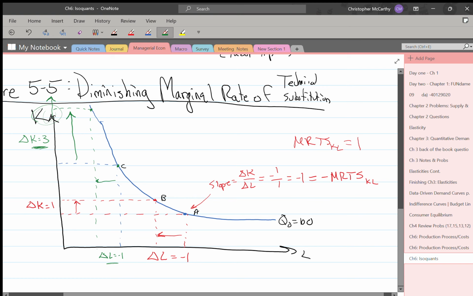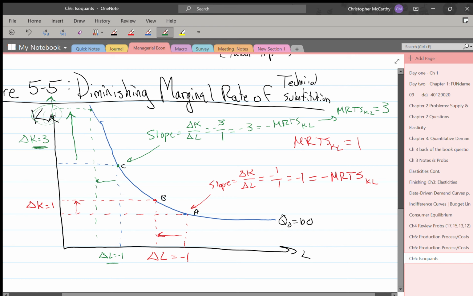And so our slope here, so that means that our marginal rate of technical substitution is 3. So it starts out as 3, goes down to 1,